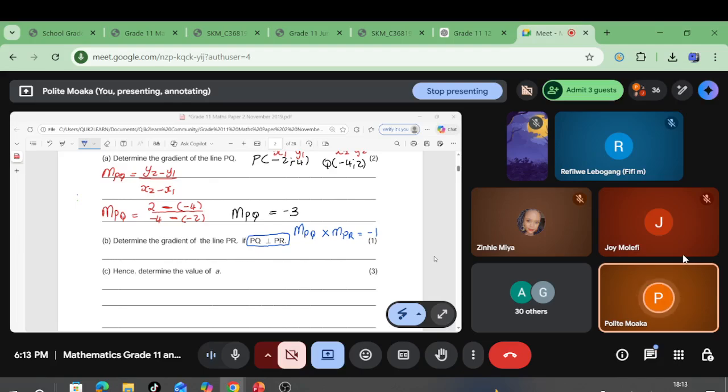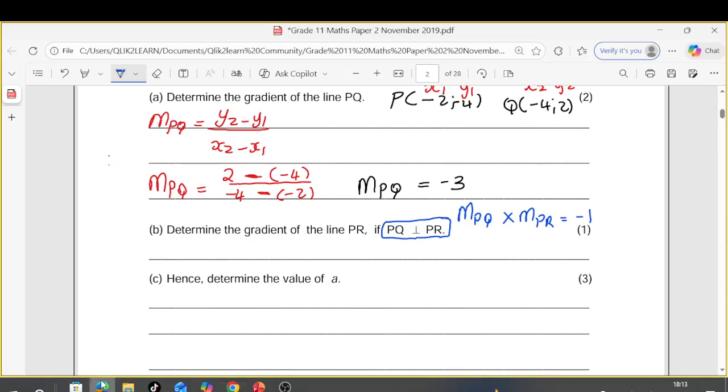What you need to know is that when we take the gradients of these 2 lines and multiply them, we need to get an answer of minus 1. But this is what you're going to do. If you already know the gradient of one of these 2, PQ or PR, we already know the gradient is minus 3 for PQ. This tells us that the gradient of PR is the reciprocal of this number,